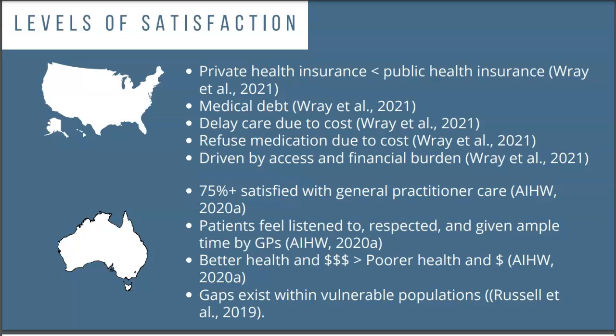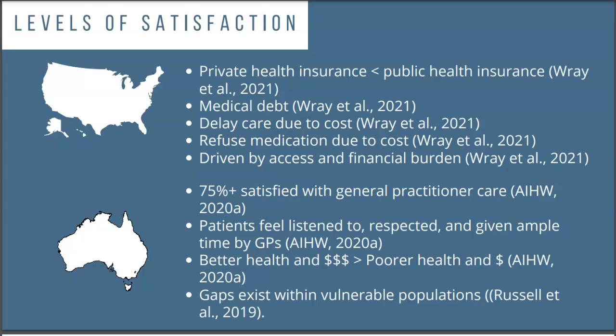Patient surveys are used in both the U.S. and Australia to understand how individuals view their healthcare systems. Satisfaction related to healthcare in the U.S. differs among those who receive public insurance as compared to those who receive private insurance. Ray et al. found that individuals with private health insurance were less satisfied with their care than those who receive Medicare, and compared to those who receive Medicaid, individuals with employer-sponsored health insurance are more likely to have medical debt,